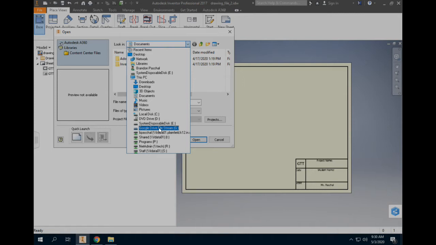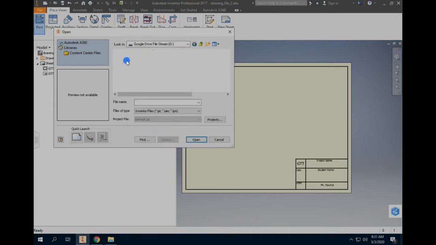If this is not showing up for you, that means that you forgot to log in to Drive file stream. So if that's not showing up, you need to go back to the desktop, the virtual desktop that is, find the Drive file stream icon, double click on it, log in, and come back to this so that you can access your Drive file stream. Open my Drive,